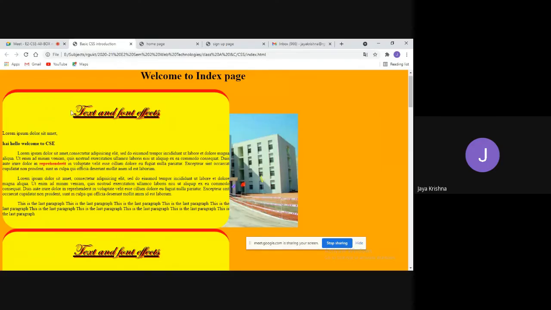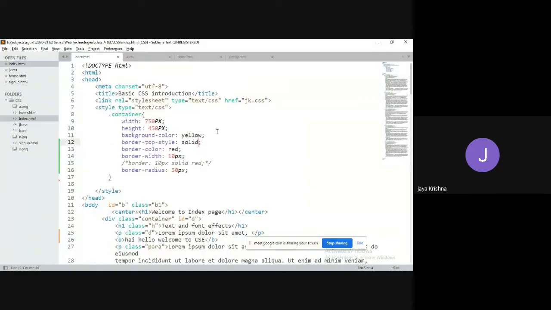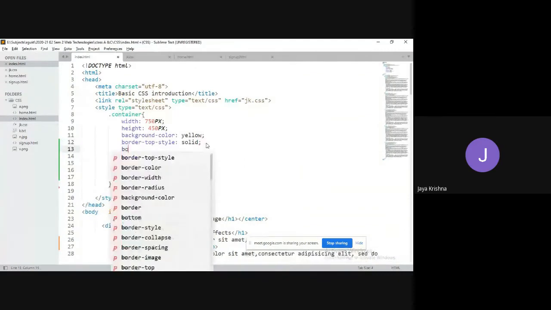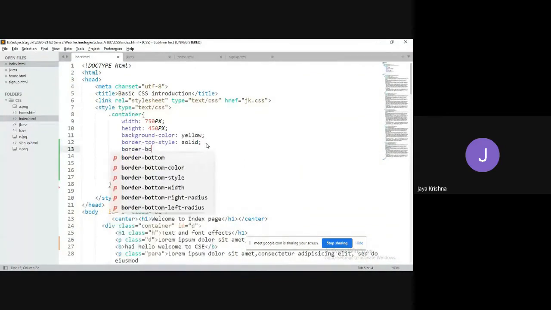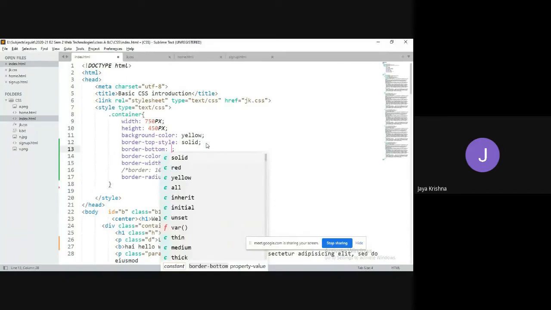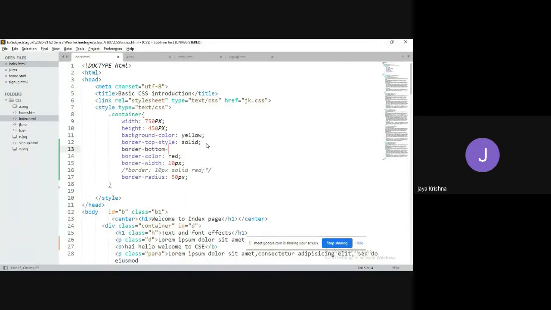Observe, only on the top side you are getting a border. If you would like to have a border at the bottom side, border-bottom-style equal to the same, solid.